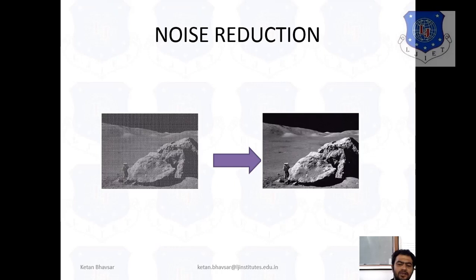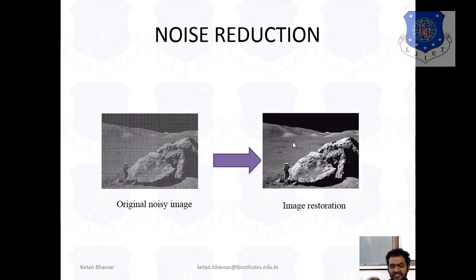You can see your images look like this in noisy conditions. This one is your original noisy image, and after restoration we try to achieve this type of image. It is practically very difficult to achieve this, but definitely we try, and we use different types of filters.